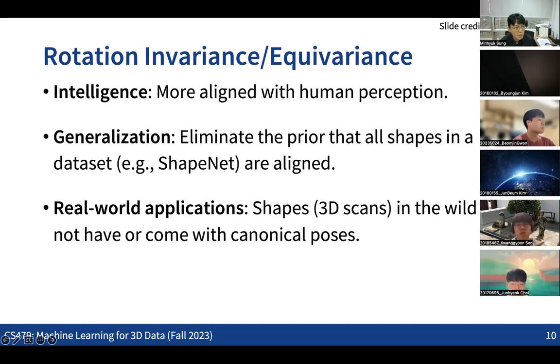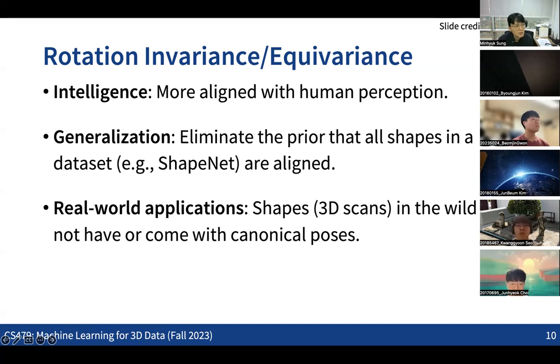For example, we might want to train a classification network using ShapeNet, the 3D dataset that we have. If we want to utilize this information to classify real 3D scan data, then typically we want to achieve this rotation invariance and equivariance, because otherwise you will need to first align the given 3D models in certain ways. So without this pre-processing of aligning all the 3D data, how can we directly apply a pre-trained neural network to real data? That is something we want to achieve here.